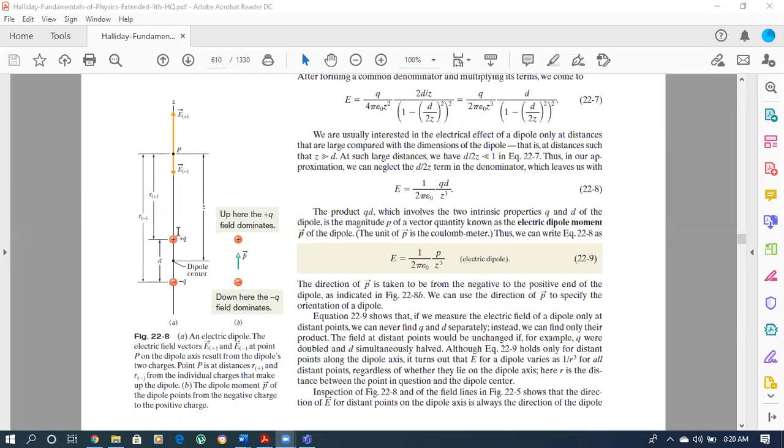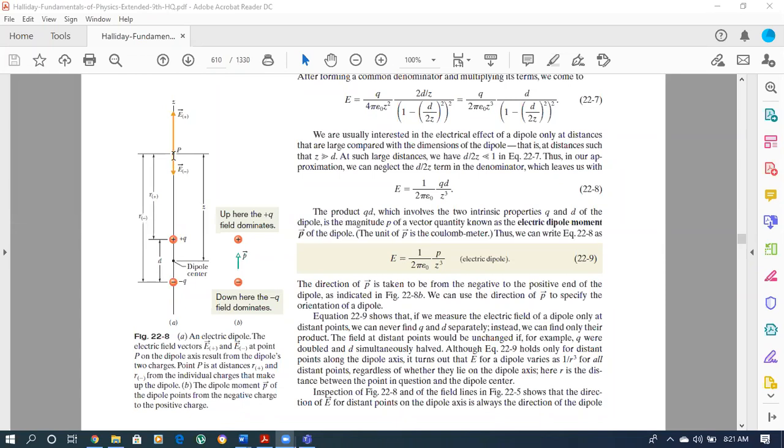So when they are separated from each other, they are not behaving in isolation here. The distance between the centers of this positive and negative charge is b. We are measuring the electric field at this point P. The distance from the positive charge will be taken as r positive, and the distance from the negative charge will be represented by r negative. They are positive and negative subscripts. And this is the distance between the center of the dipole and the point where you are measuring the electric field.